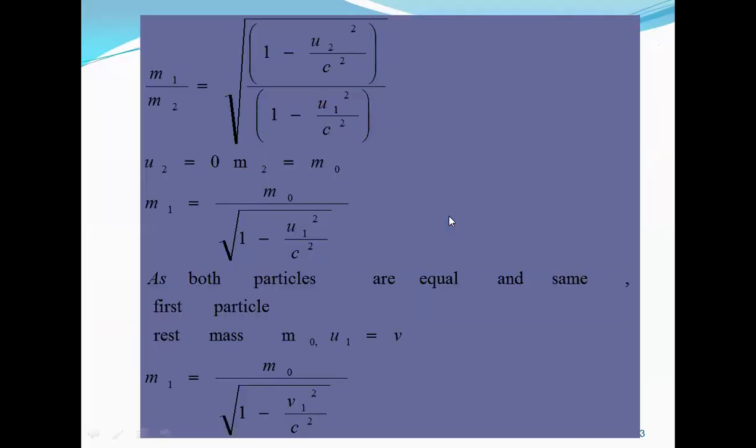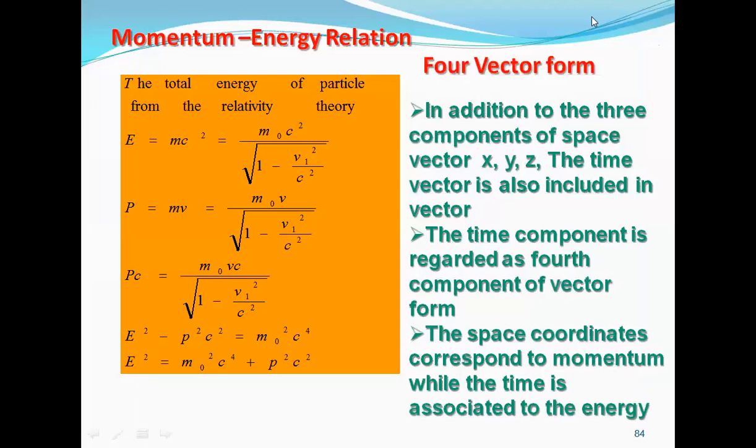After this, we have one more derivation. That is the final topic of the unit. I hope I can finish tomorrow. Momentum energy is a very, very important question, especially for competitive purposes. Then there is the future law, 4 marks, and the 4 vector form. So these 2 questions I'm going to show tomorrow, in one slide actually. Hopefully tomorrow we will work on this and the previous topics we discussed today, and I'll finish this unit tomorrow. Then one more unit is left, and I'll spend 10 classes on the next unit.